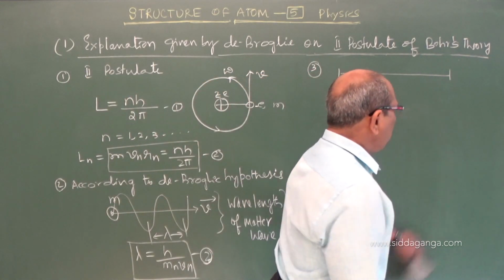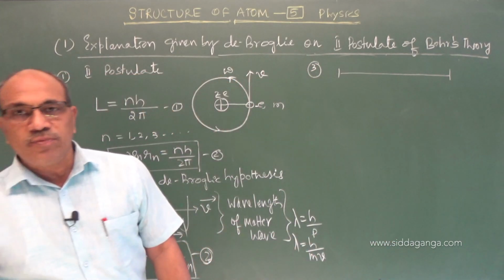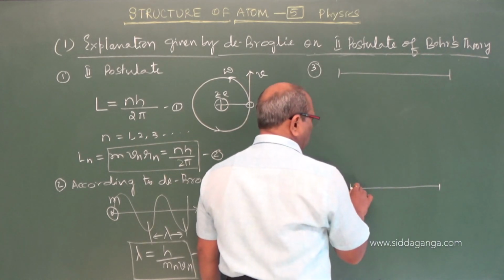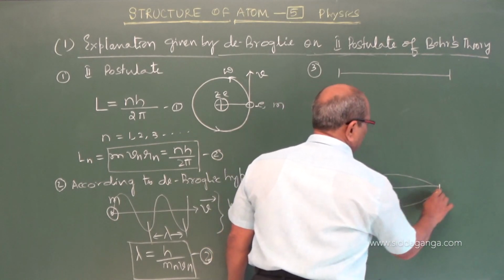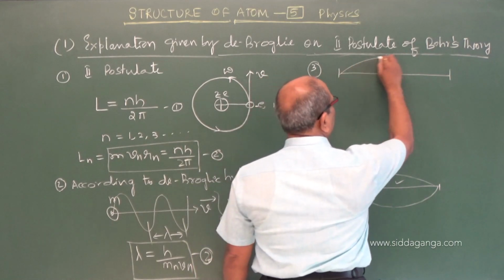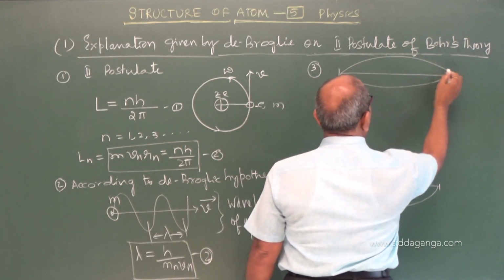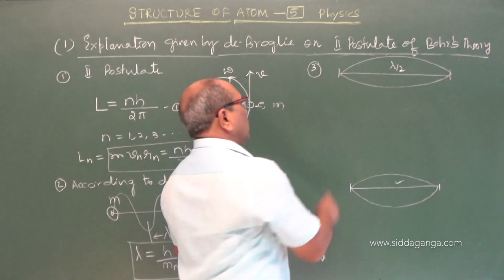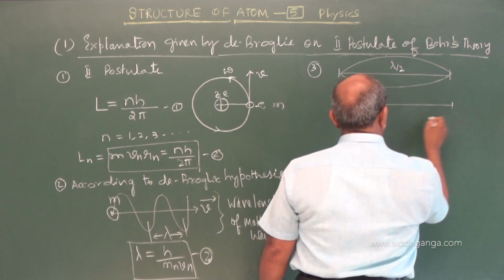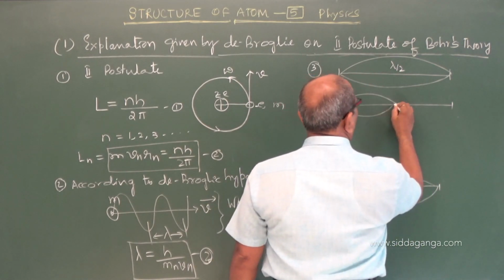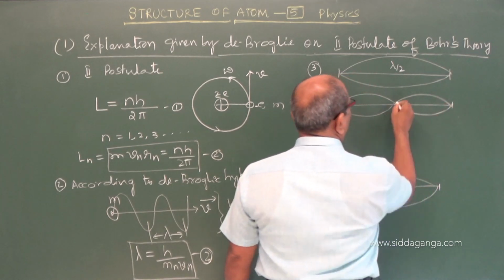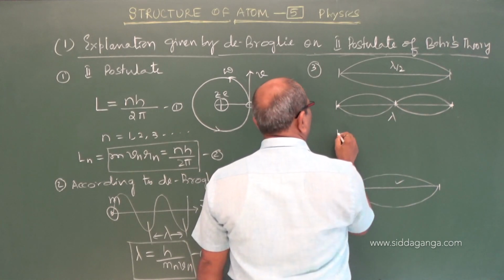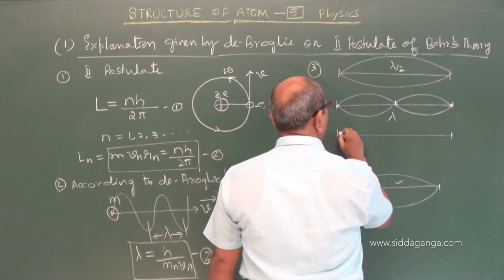The only possible minimum wavelength or length must be equal to lambda by 2 for a single segment. Let us imagine this is the minimum length at which the vibration starts, lambda by 2, one segment. Next, alternately in stationary waves, you observe there may be two segments of the same magnitude, but end to end must remain as nodes, or it may become lambda. And you can see about the three segments.